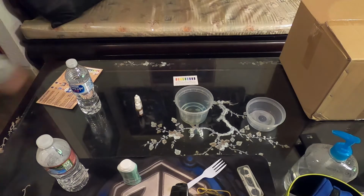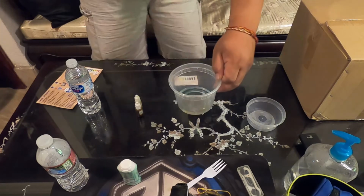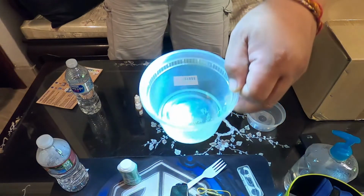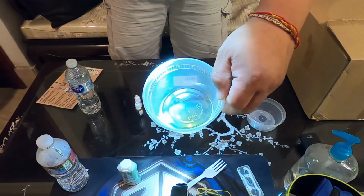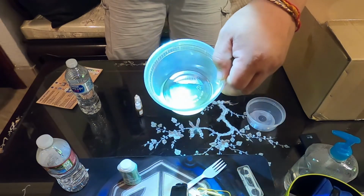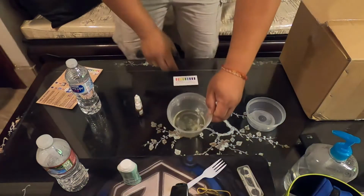Okay, I can see it from my side, but I don't know if you can see it on your side. See, the water came out orange mixed with blue, like a yellow tint to it. Okay, that's what you're seeing right there. Okay, so the chlorine level,